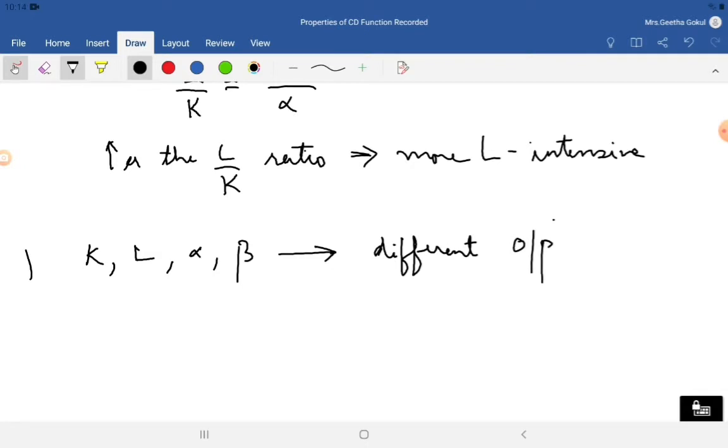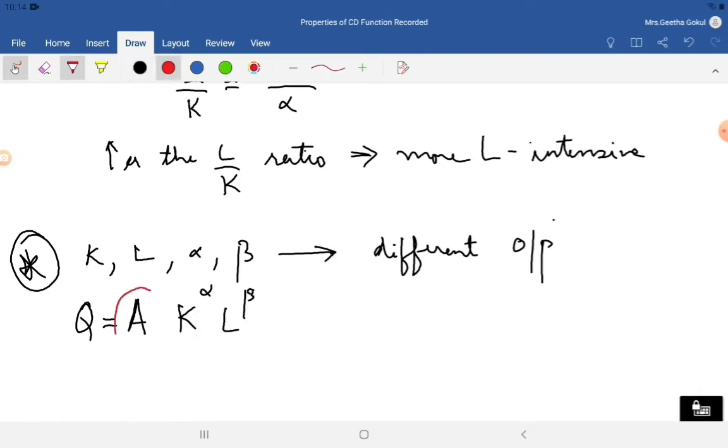And this is because of the difference in the parameter A of the Cobb-Douglas production function. And this parameter is taken to represent the efficiency of organization of the production,